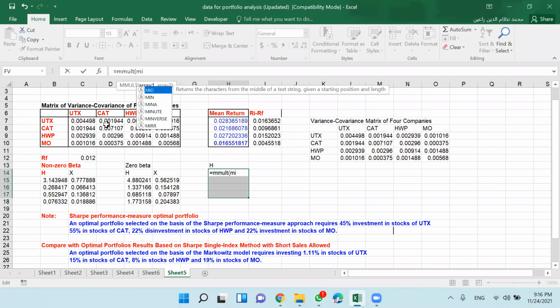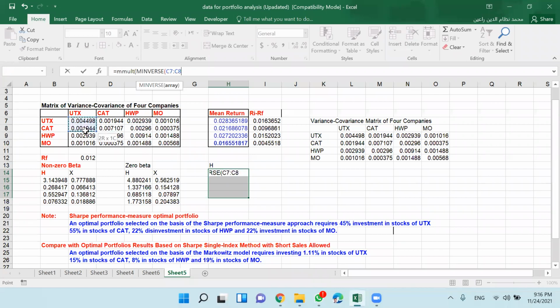Take the inverse of this. Okay, inverse of this matrix, just select your matrix and then close your parenthesis and then give the return vector, column vector of returns, then close and then you just enter. Okay, you have created values for H1, H2, H3, and H4.